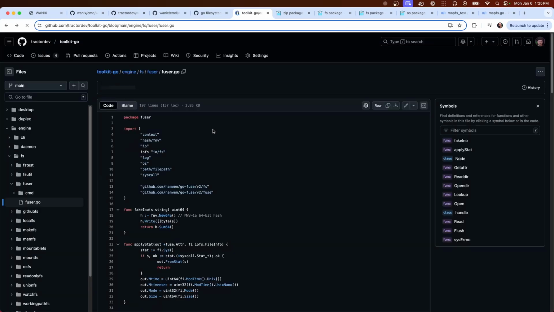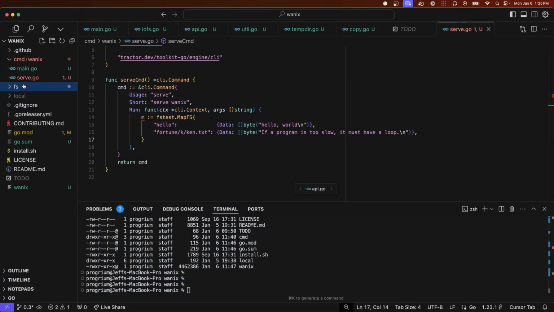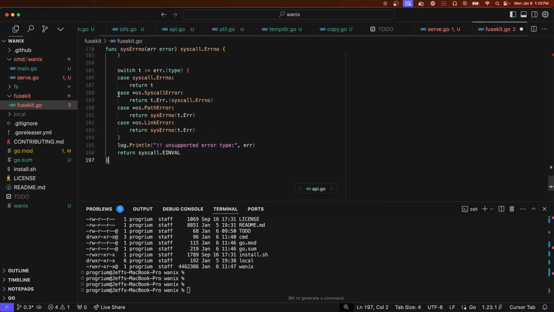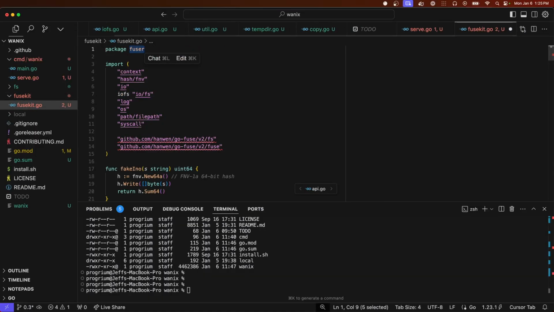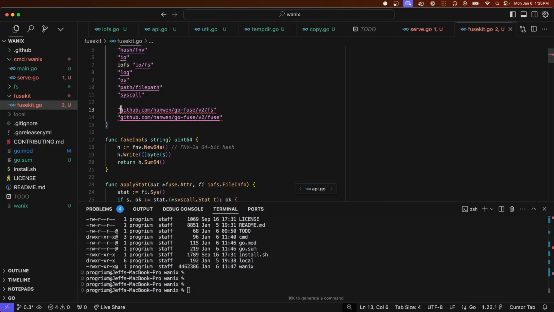Oops. We'll make a new package called Fuse Kit. Because Fuser doesn't work for me. Fuse Kit. And then we need to make sure that we are